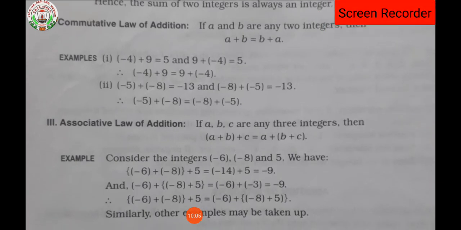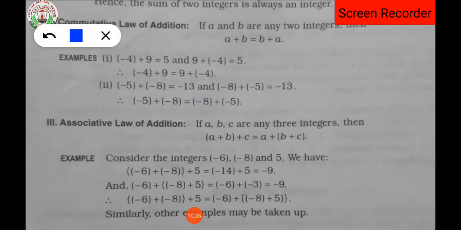Now next we are having the associative property of law, that means property itself. Don't get confused. Then you will ask me, teacher, here it is written law and you are saying property. Law and property both are same. If we are going very deep, then a little bit of difference will be there between law and property. But casually, if we are talking, it is somewhat the same, isn't it? Now let's see about the associative property.